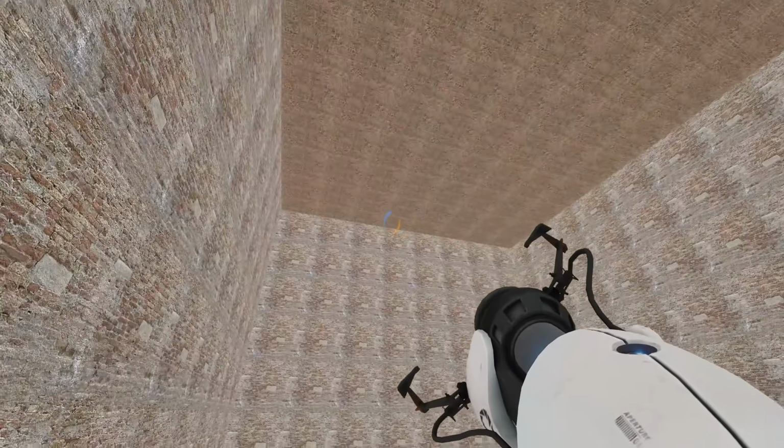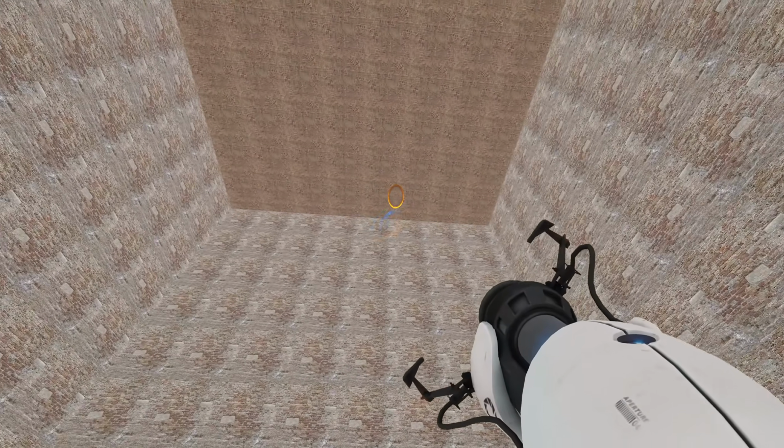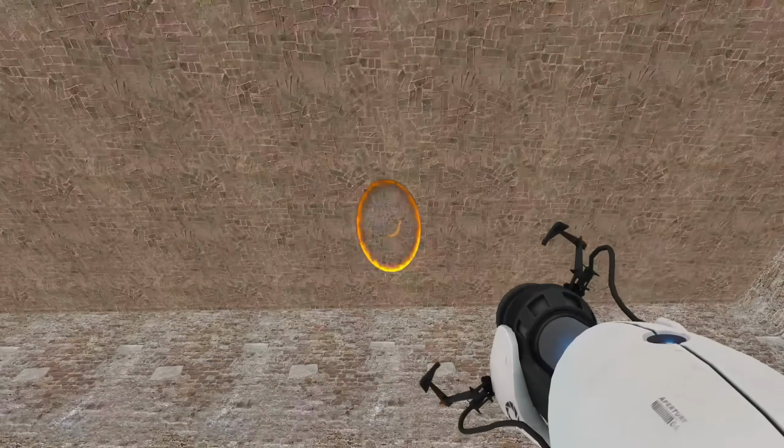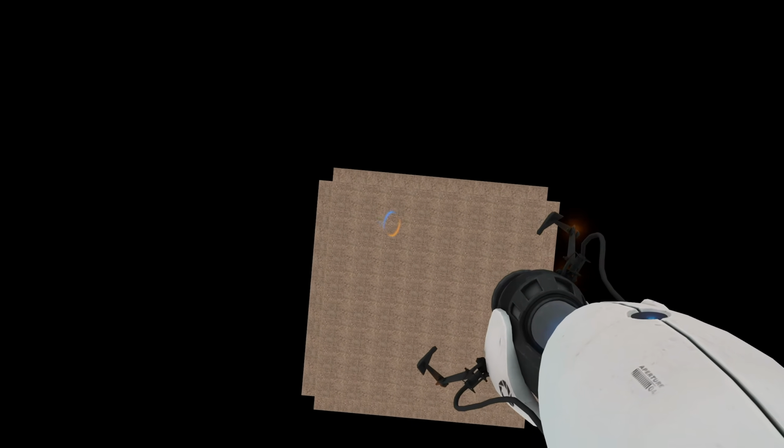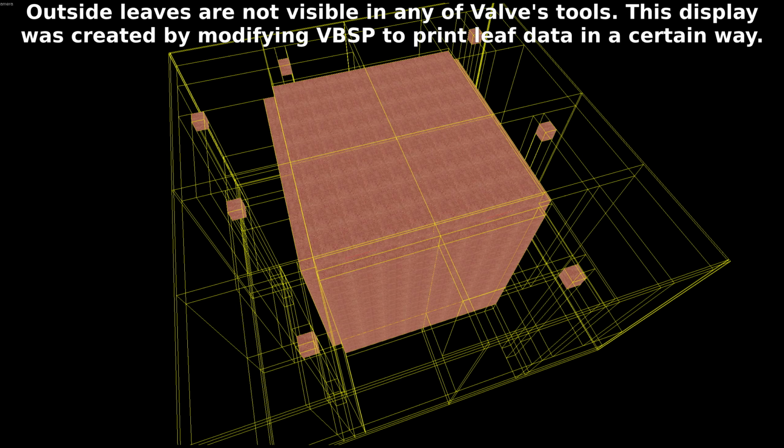In BSP, you have to divide the level up into several areas, which are called visleaves, and there are way too many that need to be created to do it manually, so VBSP automatically makes them based on how brushes are shaped. Regardless of if there is a leak, visleaves are created on the outside of the map as well. If there is no leak, then we'll successfully notice that those outside leaves are outside and give them special treatment later, which I imagine mainly consists of simply skipping over them in most places in code.